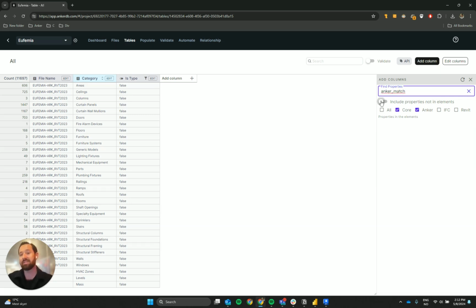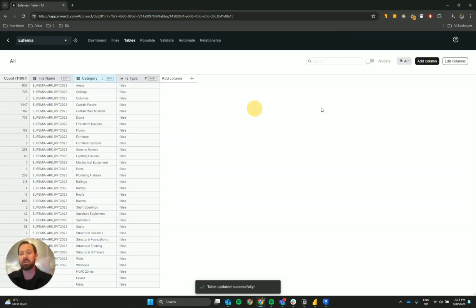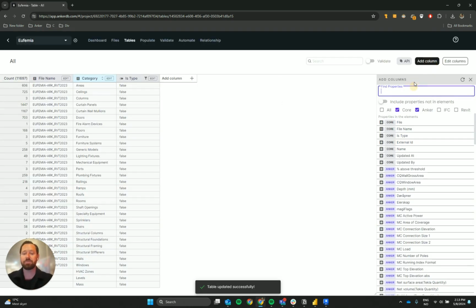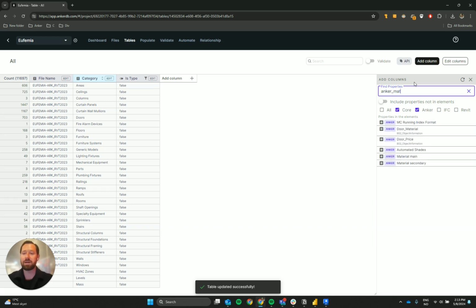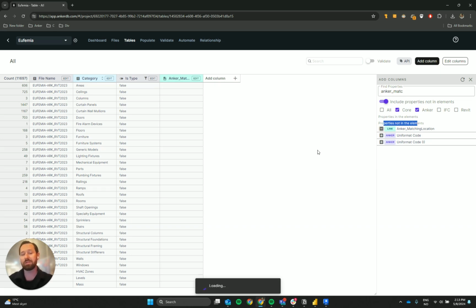And since that property is empty, I need to hit include properties, not an element. And then again, since this is a web-based platform, I need to refresh my browser so the new property is loaded in. So I refresh my browser, head over to Anker matching, hit this, and then you will see the Anker matching location, and it doesn't have any values, but I'm still waiting for Revit to do the sync. I add it to my table,